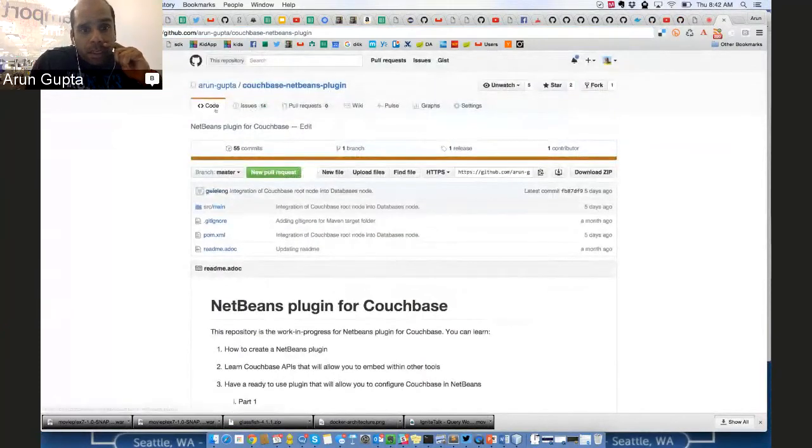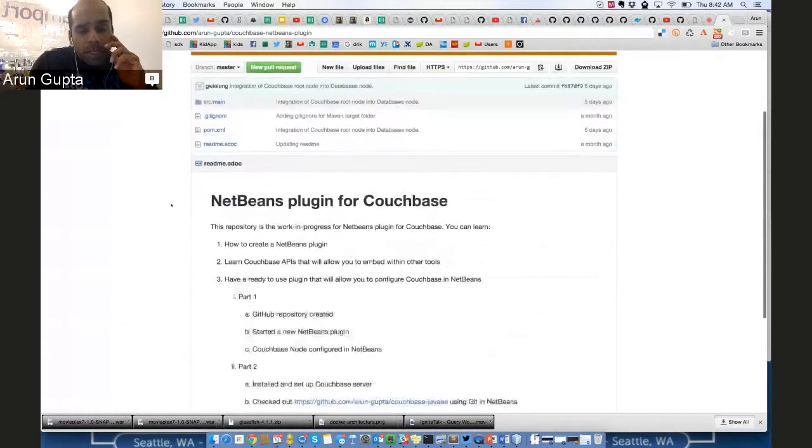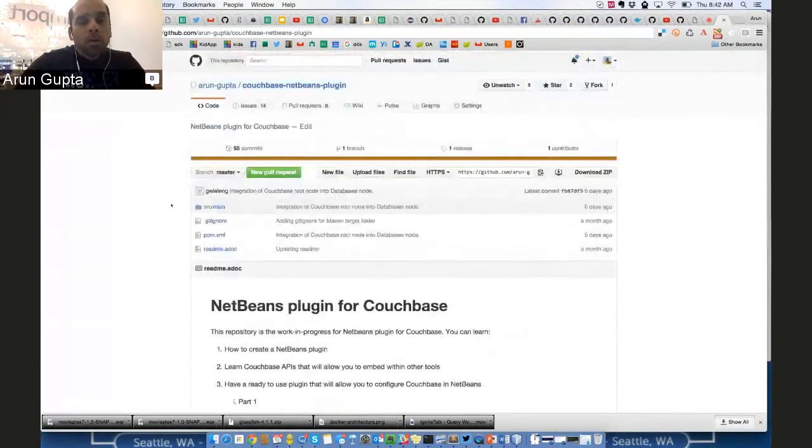One other thing I've been thinking about is migrating this repo from my personal account to Couchbase Labs, because that's where all the Couchbase-related projects live. That's going to be useful. Let me stop sharing.